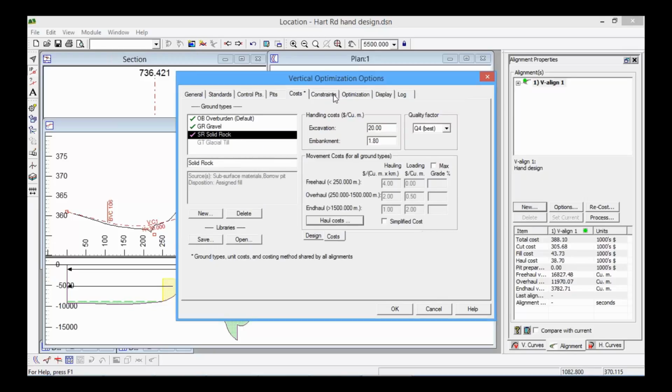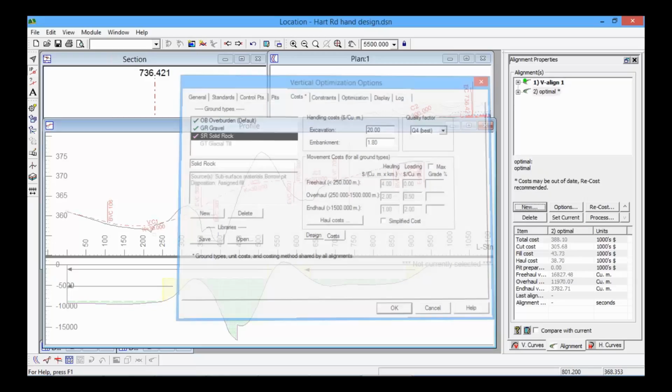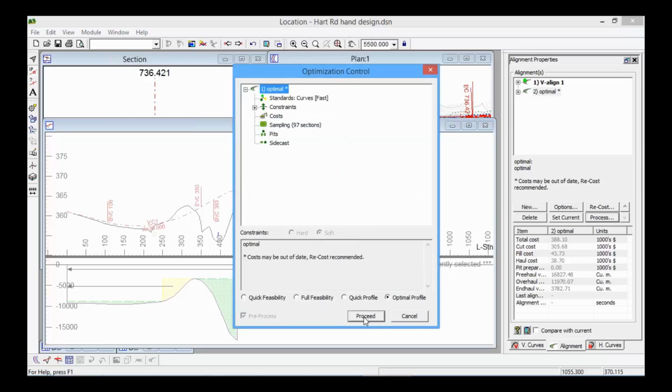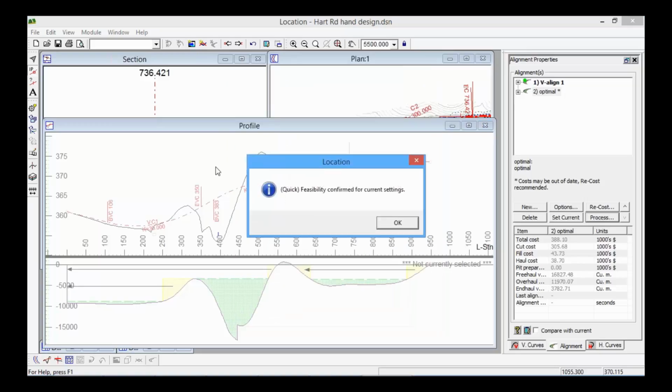The main point here is that it keeps track of cuts and fills, and it's pretty smart about using the right fill for the right zone. That's what the quality factor is for. Okay, so I'm ready to actually calculate this optimization. So here we go. Just going to do a quick feasibility test, make sure I haven't done something silly. This checks for